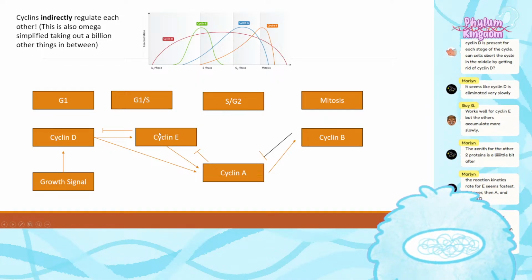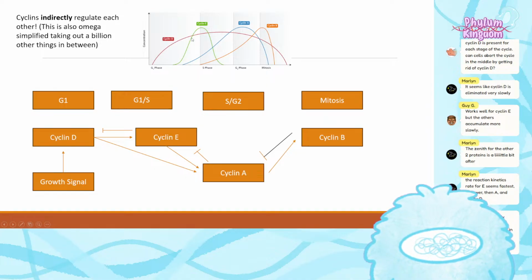But then look at this, cyclin E actually pumps the brake on cyclin D, right? They regulate each other. So as you see the increase in cyclin E, you actually see the growth rate of cyclin D decreasing, right? This isn't a linear thing. It's very fast at first, but as you accumulate cyclin E, you see that the growth of cyclin D is coming to an end, right? This curve is slowing down.